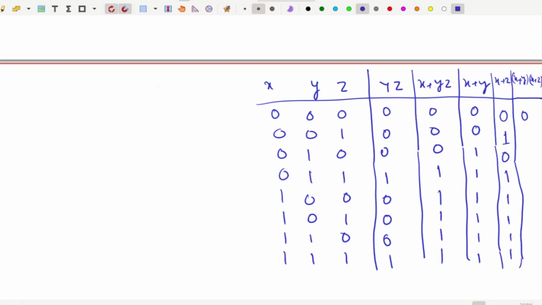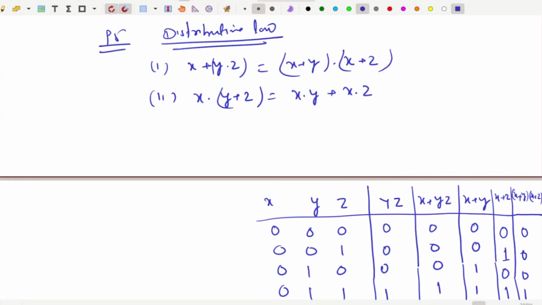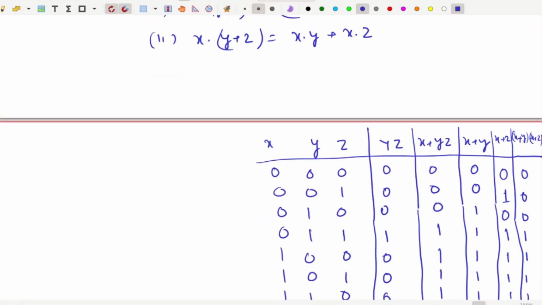This is 0 0 0, 0 dot 0, that is 0, 0 dot 1, that is 0, 1 dot 0, that is 0, and then rest are what? 1 1 1 1 1. We see that this column value is same as this column value. This proves the commutative law of plus over dot,